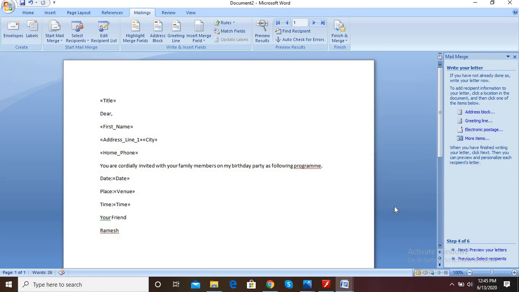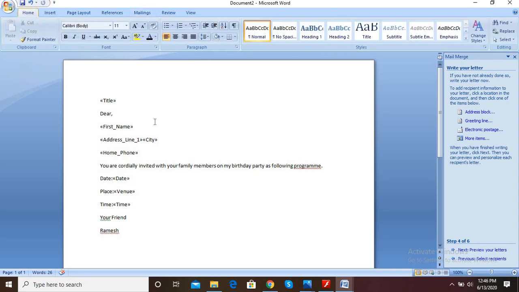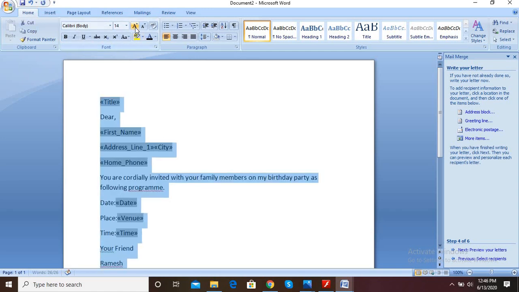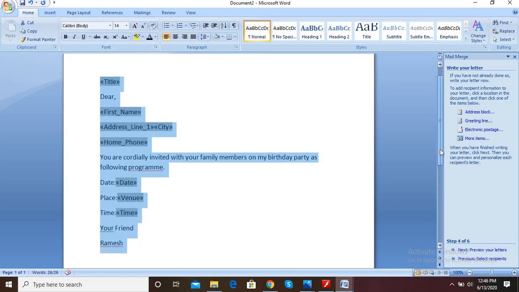We are adding all the fields in our page. Now you can do the formatting for your data. So how is it formatted? For example, Control A, increase the font size of your data.